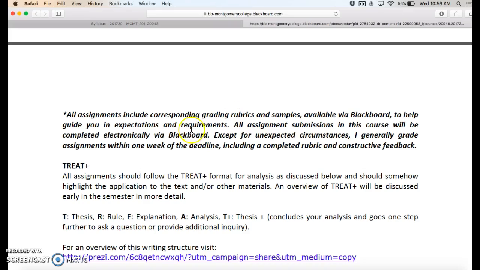And I do like to point out, I grade generally within a week of the deadline of an assignment. I like to get assignments back to you quickly, and there's information in the Get Started tutorial that'll go over how to access my feedback, as I'll give you inline comments to your submission and complete a rubric so you are very aware of what the grade is that you got and why.